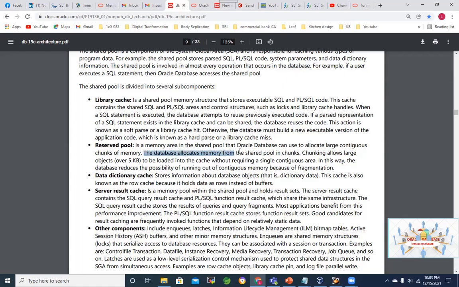The database allocates memory from the shared pool in chunks. Chunking allows large objects over 5 KB to be loaded into the cache without requiring a single contiguous area. In this way, the database reduces the possibility of running out of contiguous memory because of fragmentation. That is why it always tries to use chunks.